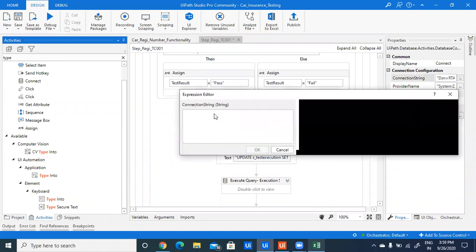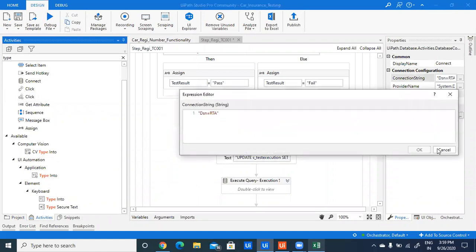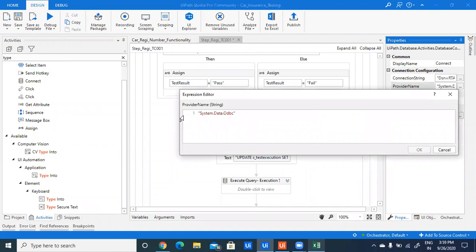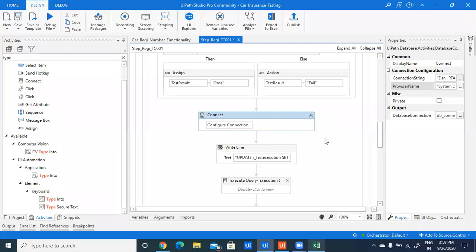This is my connection string to integrate with my test management tool, and the provider name is ODBC. Currently I'm using an ODBC connector, so my provider name will be ODBC. If you are using SQL or another provider, you can provide the provider name as per your requirement. Based on this connect activity, we can integrate with our tool.